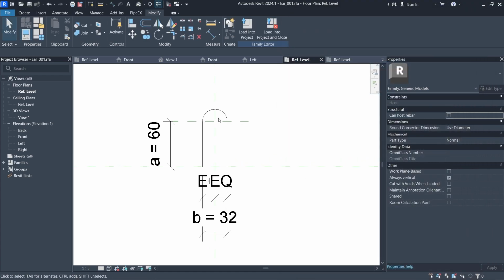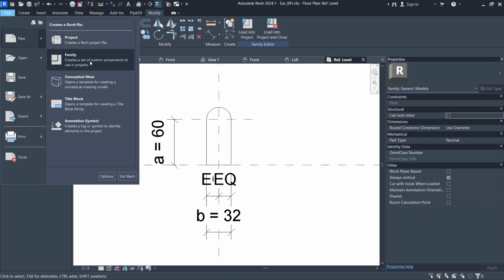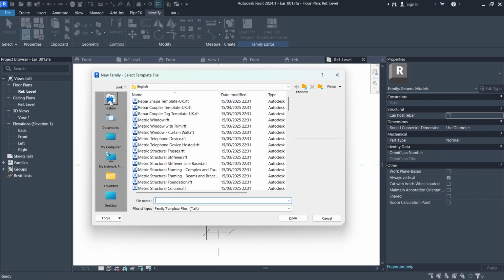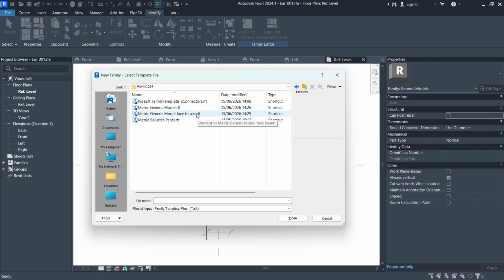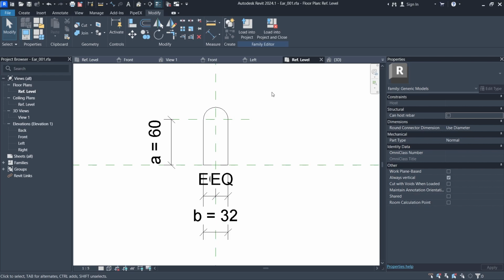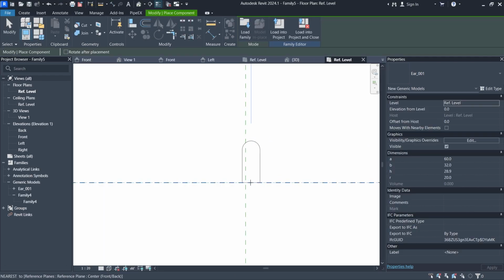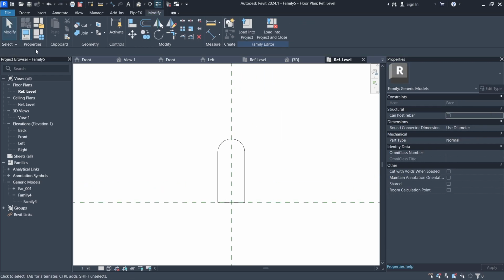Now that we fixed this ear family, I will create a new family. It's going to be a face-based family this time. We can load it into the face-based family that we have created. This one. Okay, I'll place it here. And then